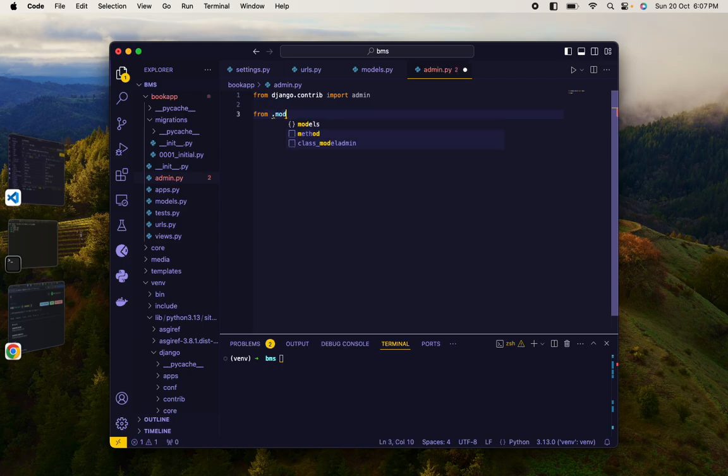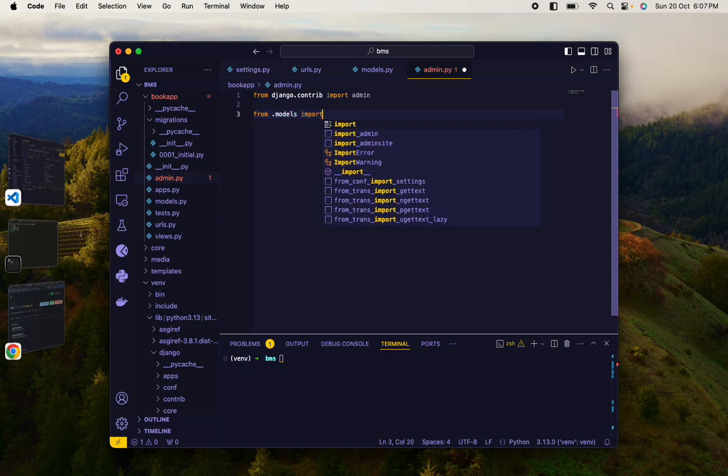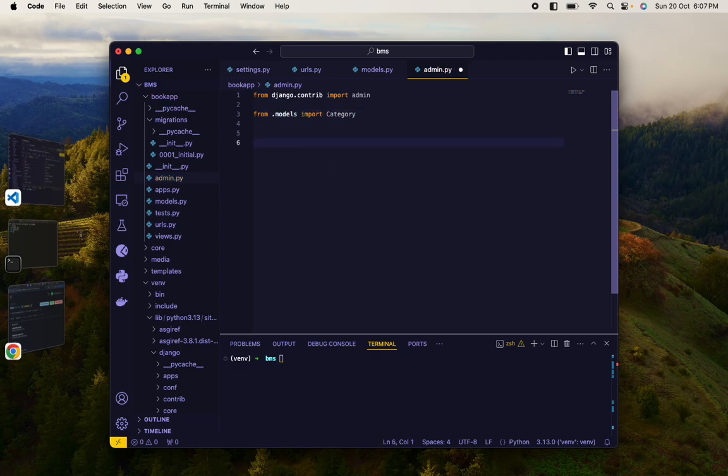So you're saying go to the models that I have in my application, and you don't include the .py because you are importing. If you have issues navigating around this, go reference your knowledge on packages and modules. It should provide detailed context on how this works. So from .models, import Category, because that's the category we have, and all I have to type in is